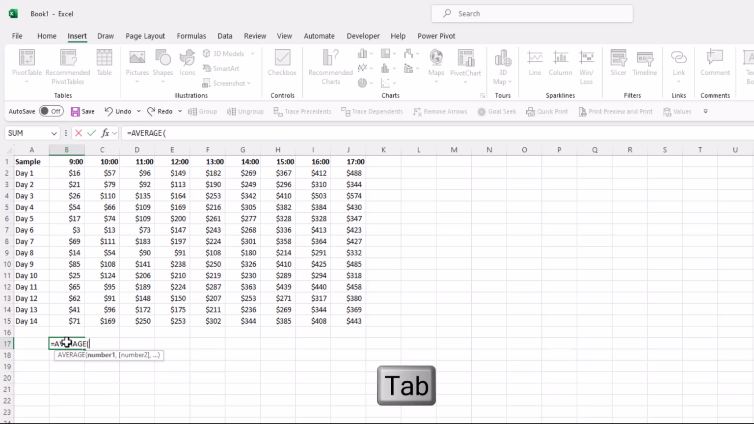I can press tab to autocomplete, and it provides the opening parenthesis. This parenthesis tells Excel that you are ready to ingest the data. You can see that it tells you what it's looking for, number 1, number 2, etc. We can click and drag the data that we're interested in, in this case, all the data in the 9 o'clock time slot, and you can see that it is highlighted and that the formula has been updated from cell B2 to B15. We can then close the parentheses to tell Excel that we're done with this, and then press enter